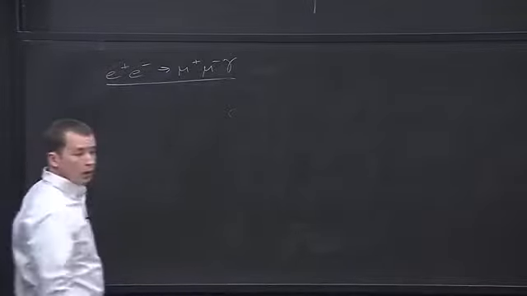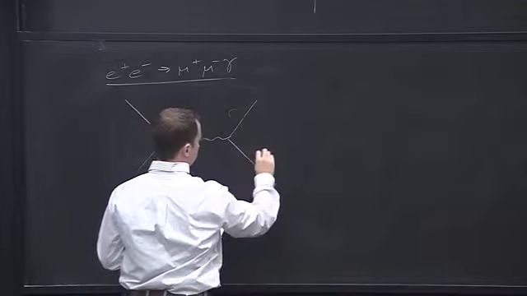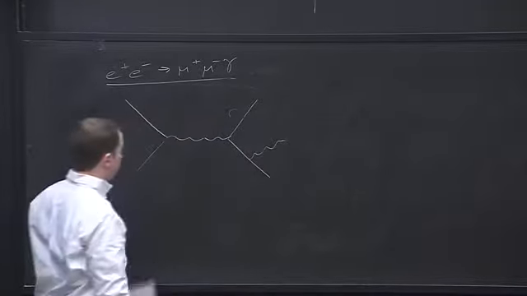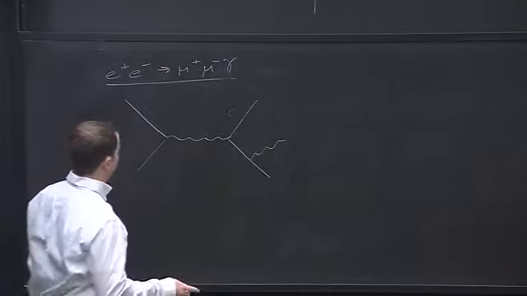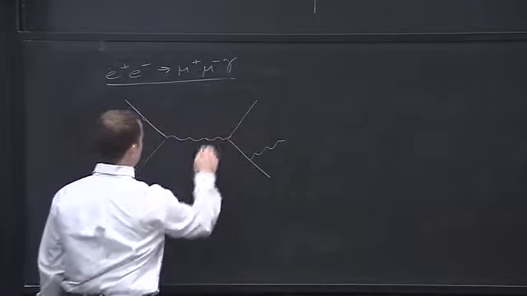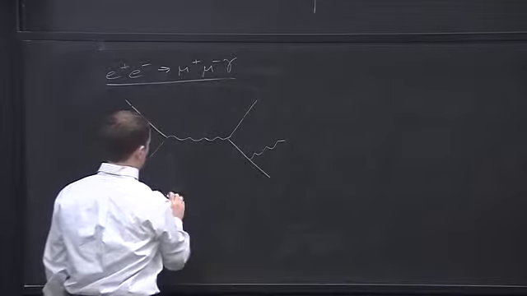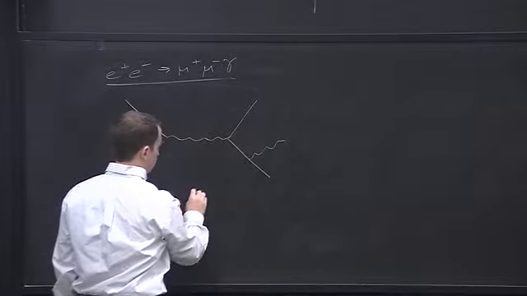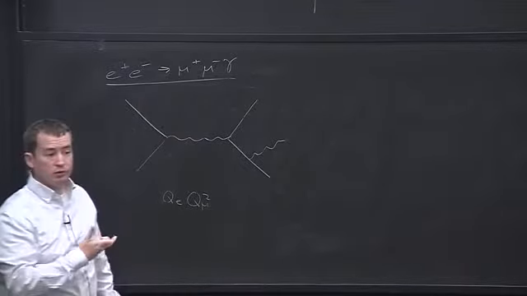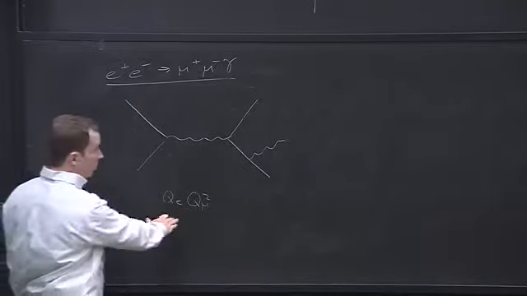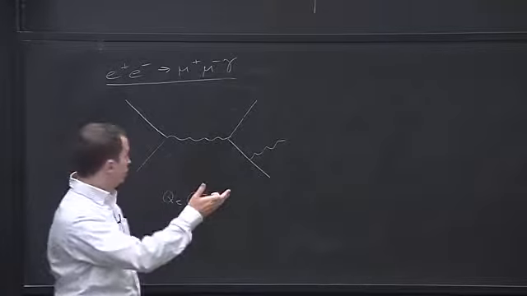And so there are two diagrams here. Two diagrams that are order Q. So this diagram here is order Q_e Q_mu squared. The amplitude is. So the cross-section will be the same order as the corrections we just computed,